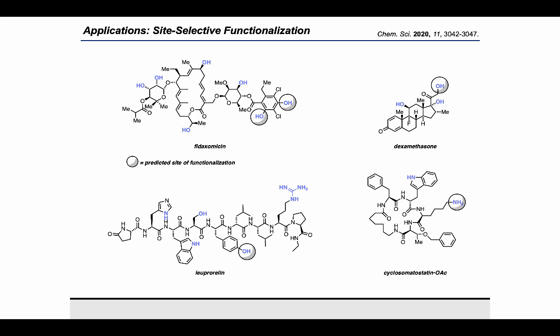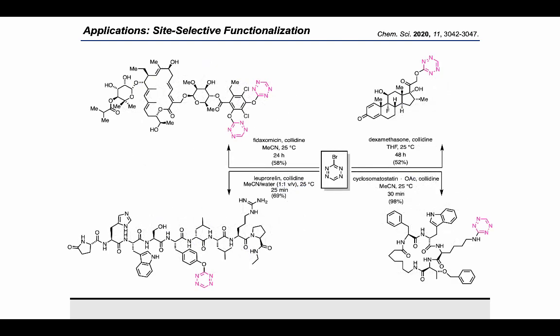Fidaxomycin, for example, could be functionalized using the previously established conditions selectively at the phenol over all other hydroxy groups. Additionally, this dexamethasone compound, which is a steroid-derived compound, could be selectively functionalized at the primary hydroxy group. Turning our attention to peptides, the cyclic peptide cyclosomatostatin could be selectively functionalized at the amine over the indole unit, and this complex linear peptide leuprolide